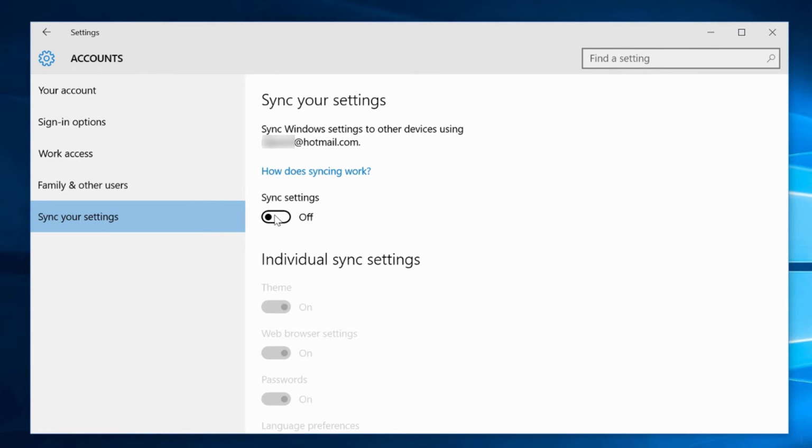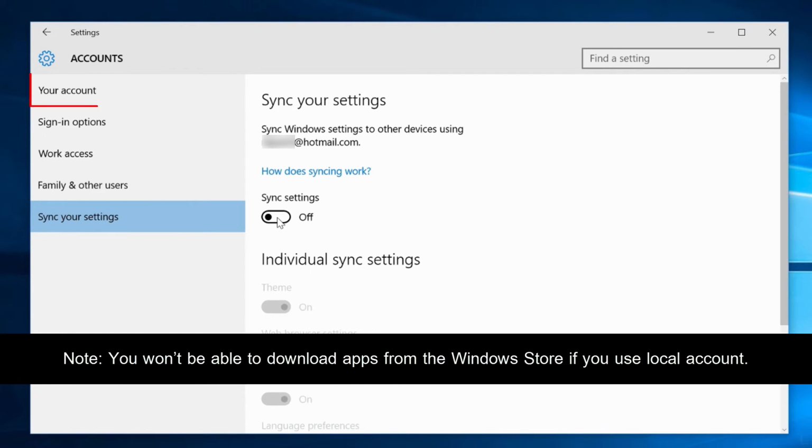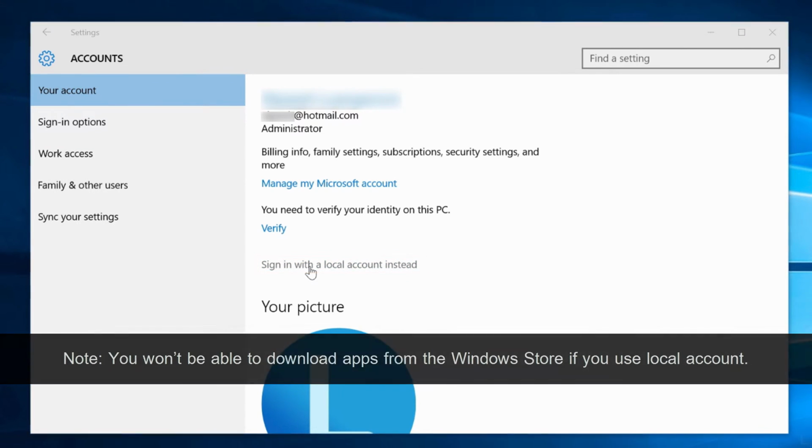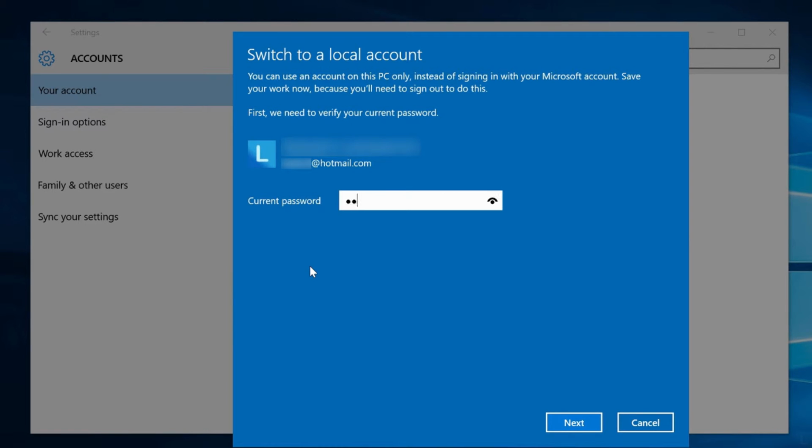Or you can disable this feature by switching to a local account. Click your account on the left menu and click Sign in with a local account instead. Enter your password and click Next.